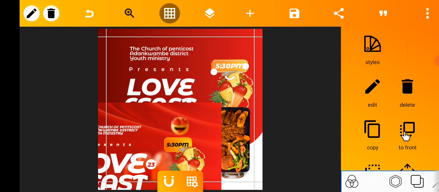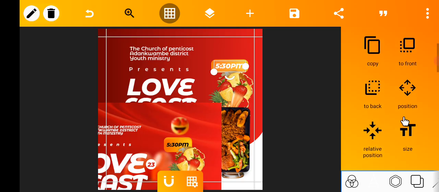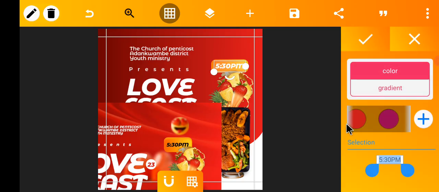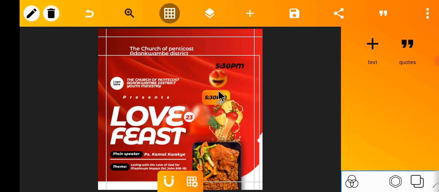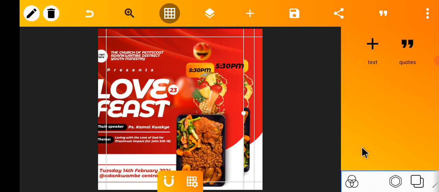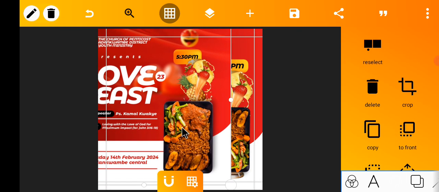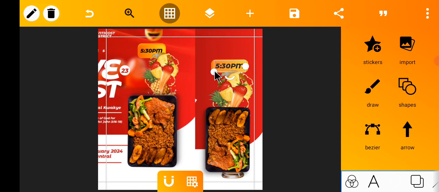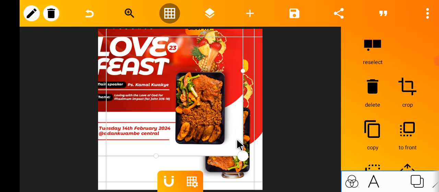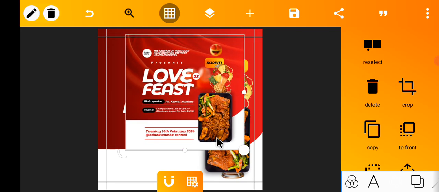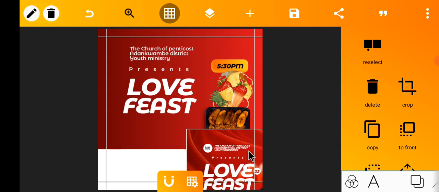I'll change the color. I'll give it a black color as seen on the original design. Yeah, 5:30 p.m. Let me reduce the size again a bit. Please, when you are creating this, you should take your time. You take your time and do that. After doing that,